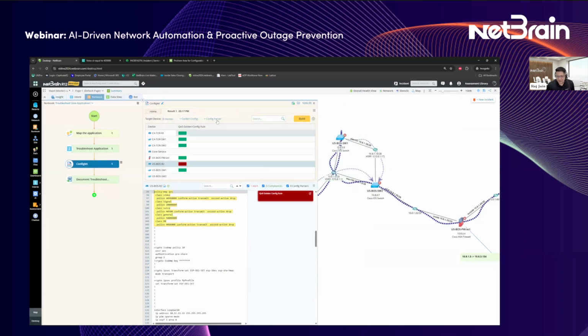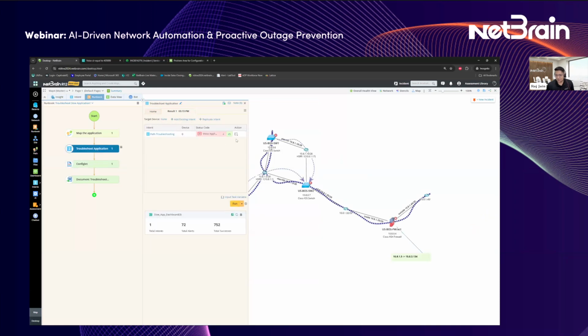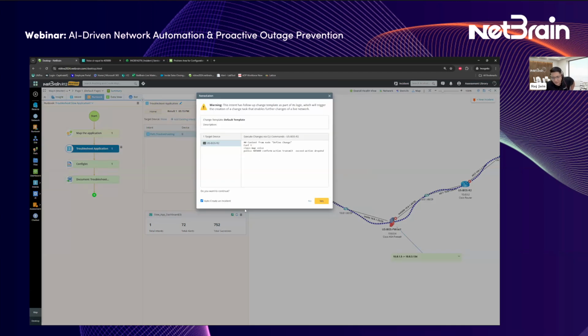Now, all of this, like I said, did happen pretty quick. But what do we do from here? Well, we did find what the problem is. I'm going to see if I can resolve this problem from within the runbook. And if you are upgraded to the latest version of NetBrain today, you do have this feature of auto remediation. If not, I would highly recommend getting this, because now from the runbook itself, you can remediate to the correct config.